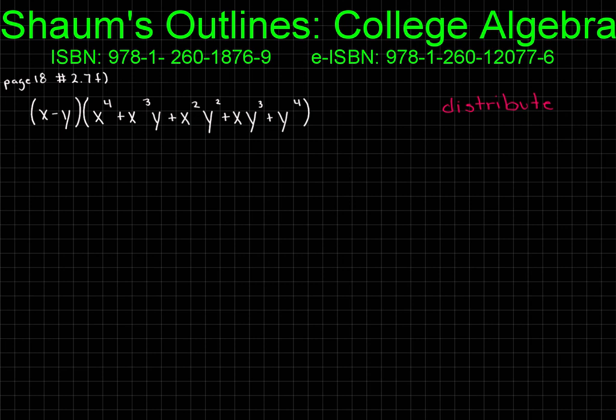I have to distribute x onto every part of my big expression, and then I have to distribute y also into every part of the big expression. So I'm actually going to do this in two parts. First, we're going to do x